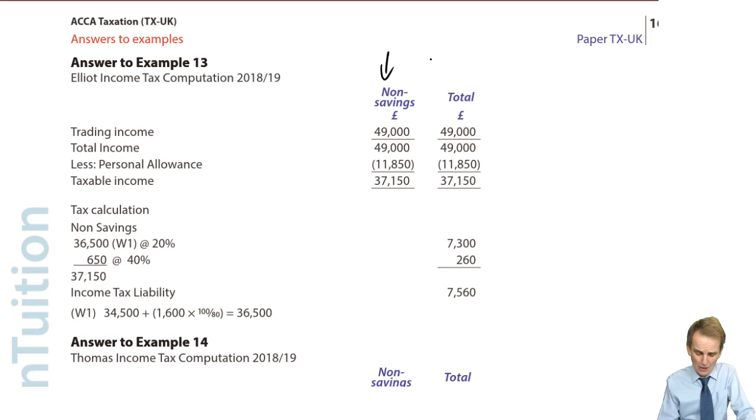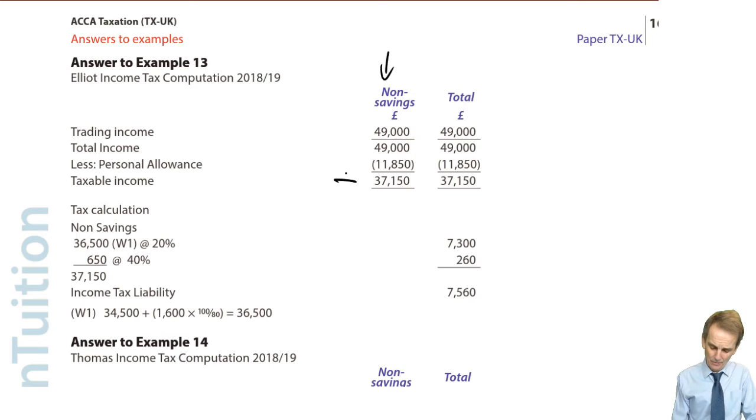It was trading income of 49. We've got a normal personal allowance of 11,850. Again, it's going to be relevant in a moment's time. I say we can see that we've got a full personal allowance of 11,850. The reason being we've got nowhere near the adjusted net income limit of £100,000 before we start to lose out, to reduce that personal allowance. Keep that thought in your mind for a moment's time there.